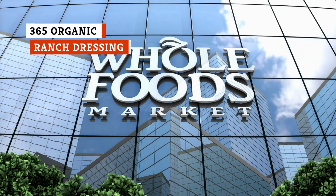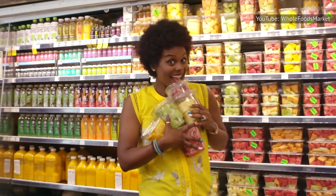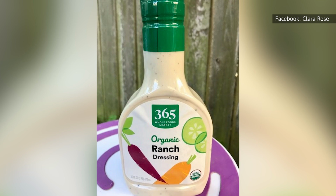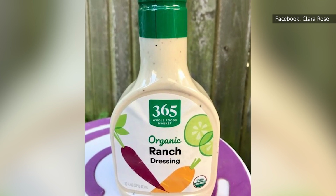Oh, Whole Foods. The grocery store prides itself on offering the best of the best in terms of healthy foods, and so you would expect nothing less from them than a super healthy ranch dressing option, and the 365 organic ranch dressing is definitely that, with the organic label and all. But it's honestly not the best ranch out there, and seems to be kind of a letdown in terms of